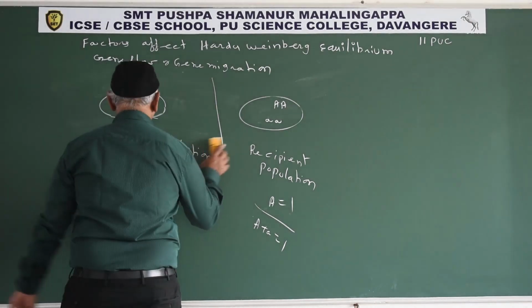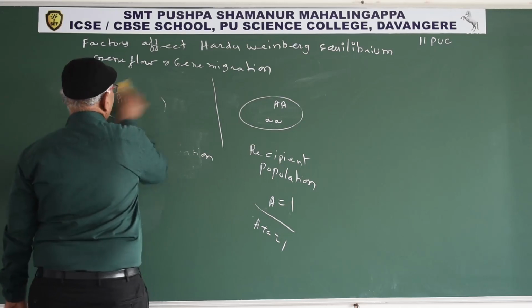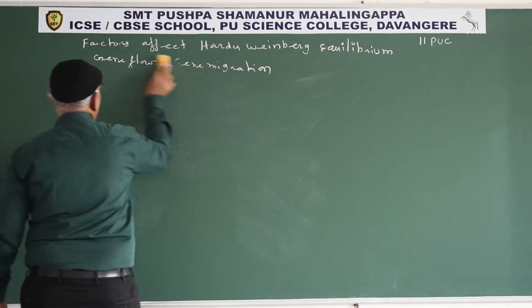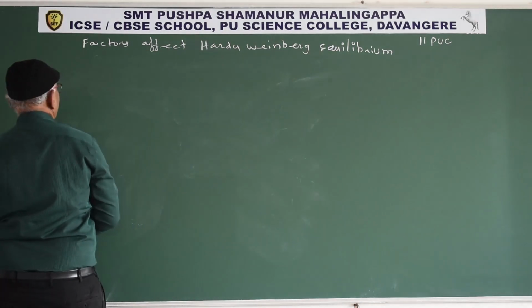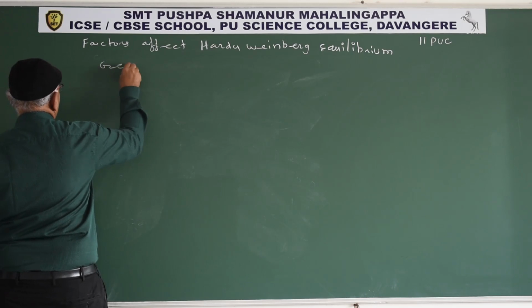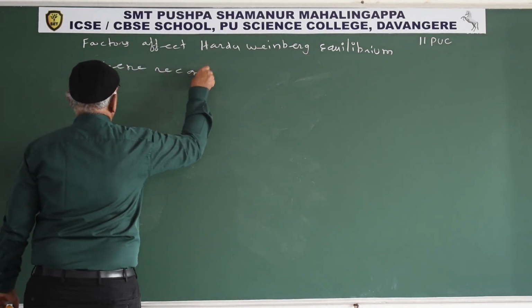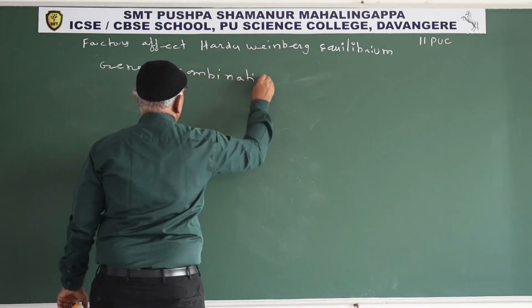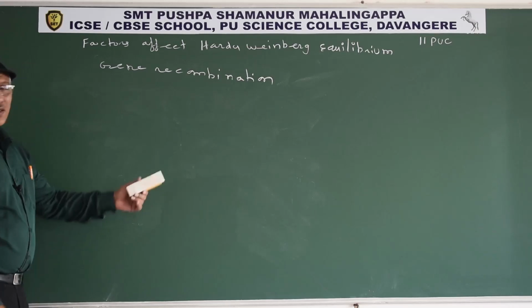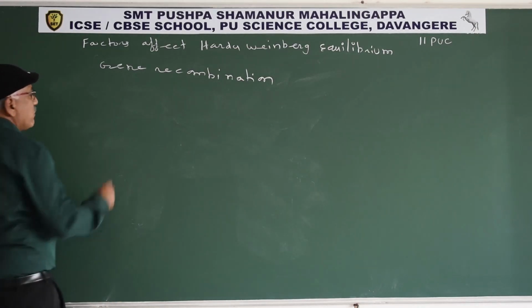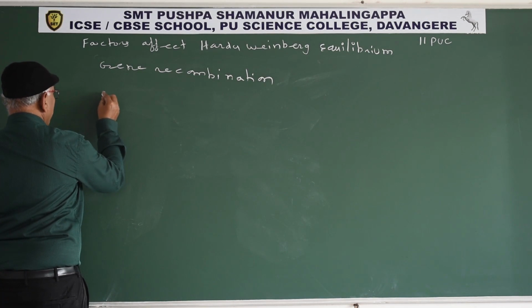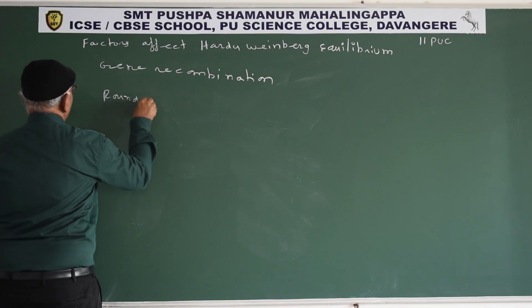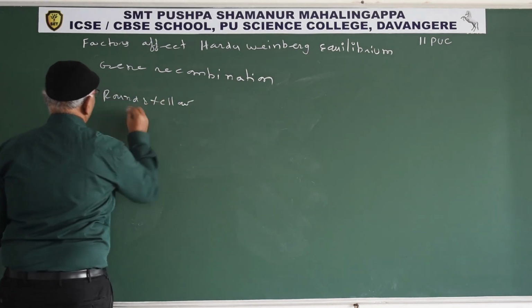Next one is gene recombinations. Gene recombination. Recombination means new combination. For example, round and yellow pea plant